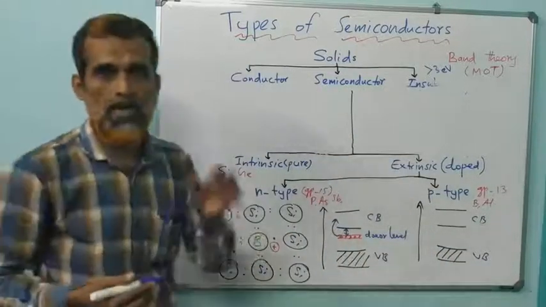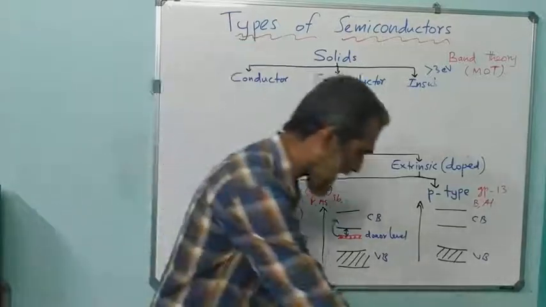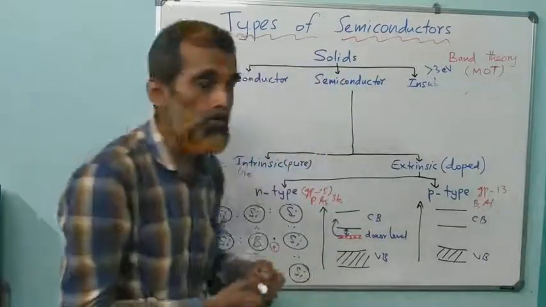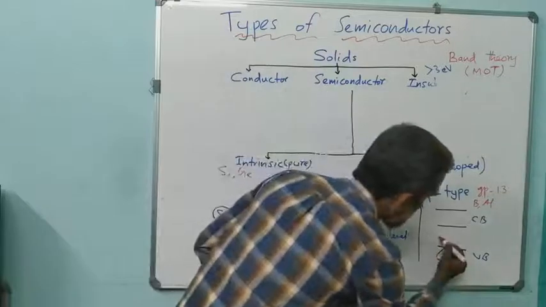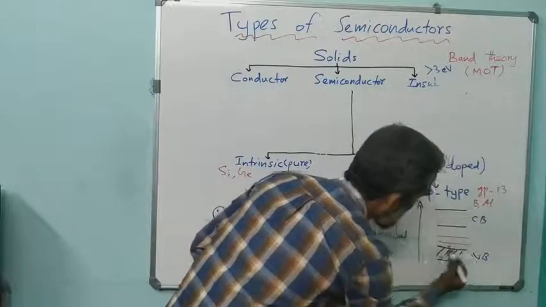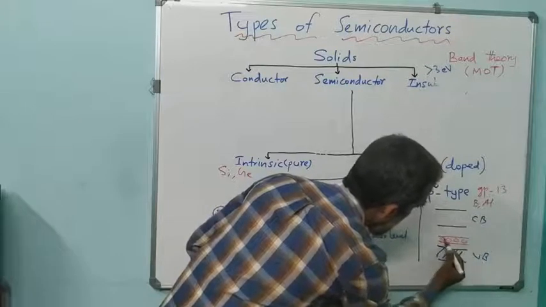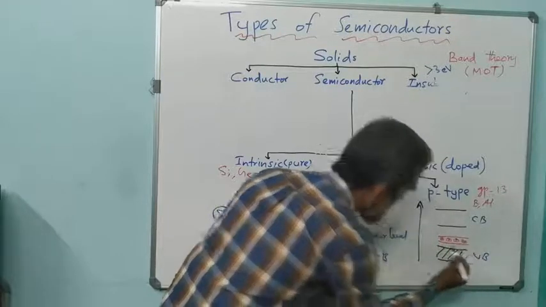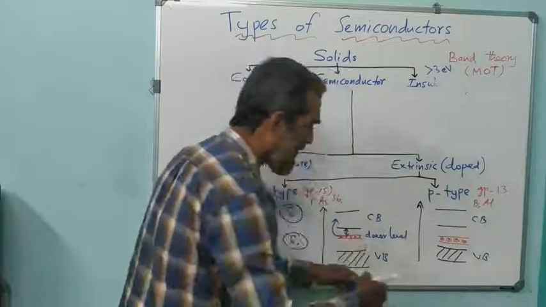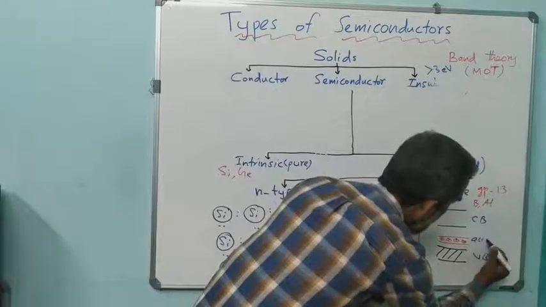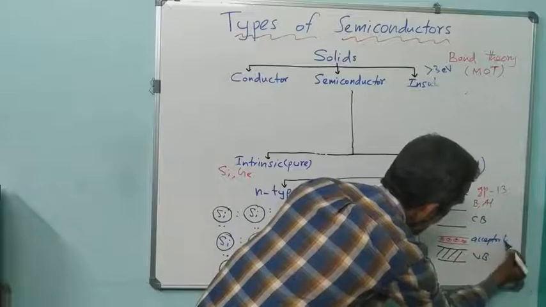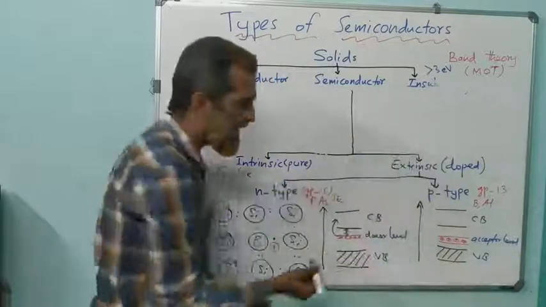These holes or electron deficiency will create a new acceptor level just above the valence band. So now it is like this, the acceptor level. Whereas here it was a donor level, a new acceptor level is formed just above the valence band,